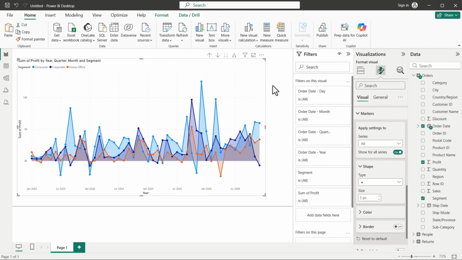In our next video, we will take this concept a step further and look at how to stack these areas